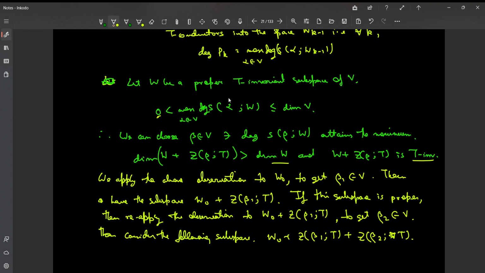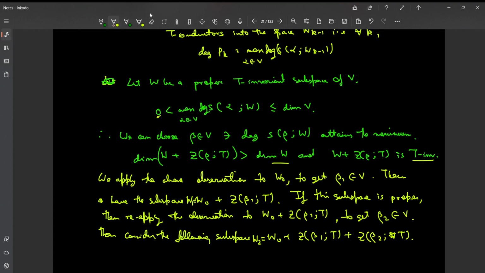So this subspace is typically W1, okay, and this subspace is typically your W2, right? Is it clear? So we just keep on applying this process,